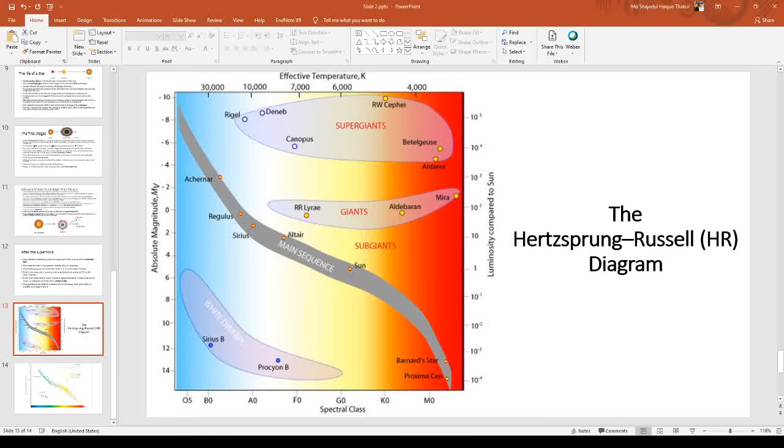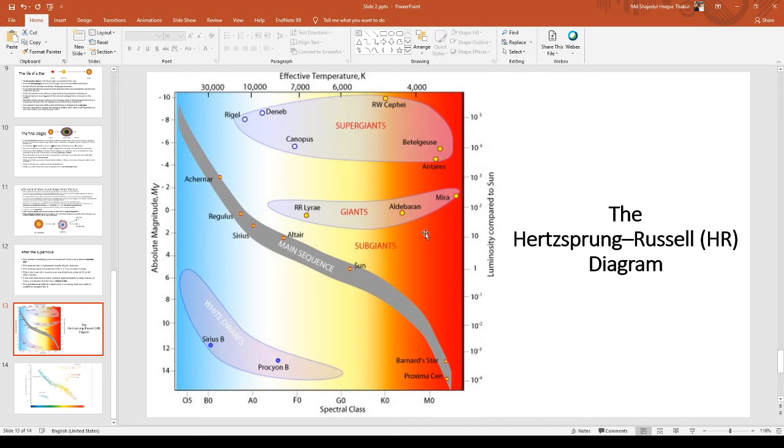Okay, so the first topic today, আমাদের যেটা, that is the Hertzsprung Russell diagram. Okay, so the Hertzsprung Russell diagram, a Hertzsprung and Russell এরা দুইজন সায়েন্টিস্ট, অ্যাস্ট্রোফিজিসিস্ট, তারা দুইজন মিলে এই ডায়াগ্রামটা বানাইছে।